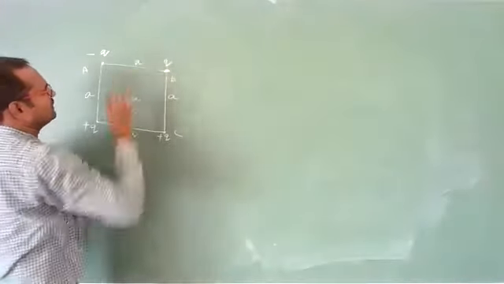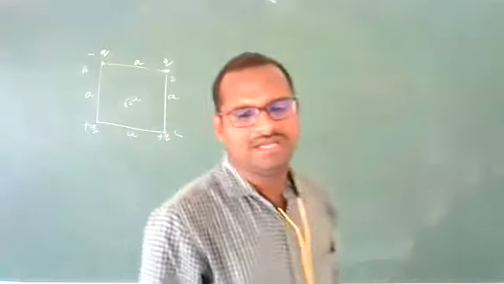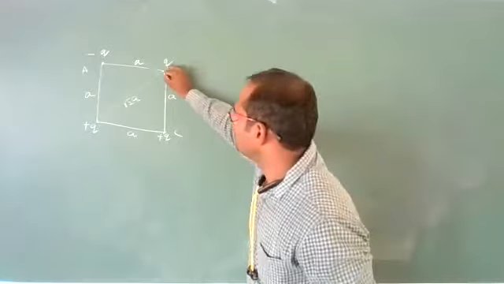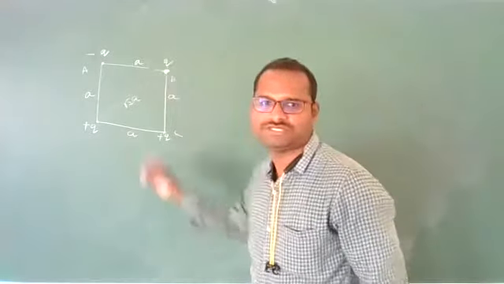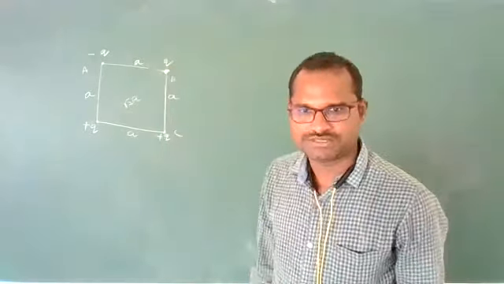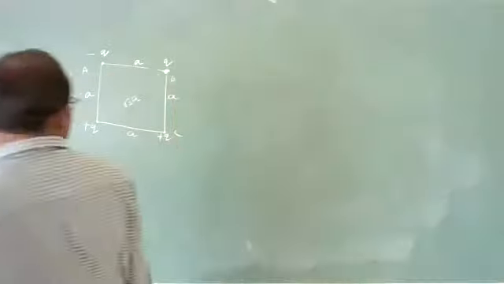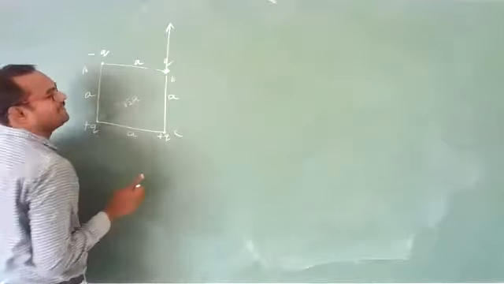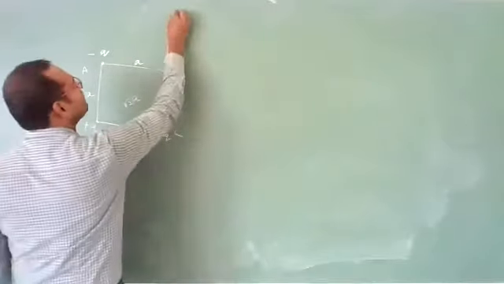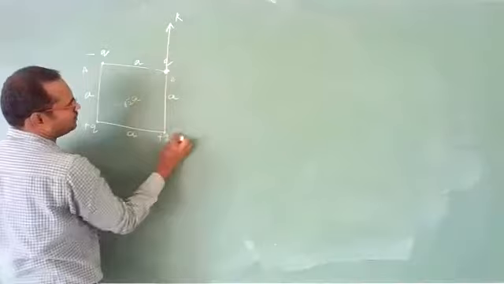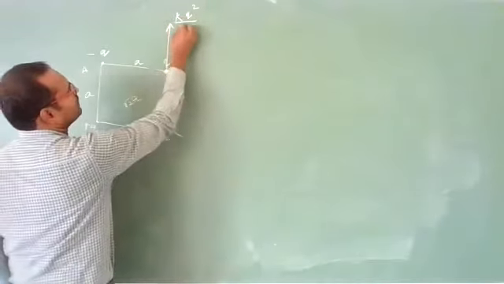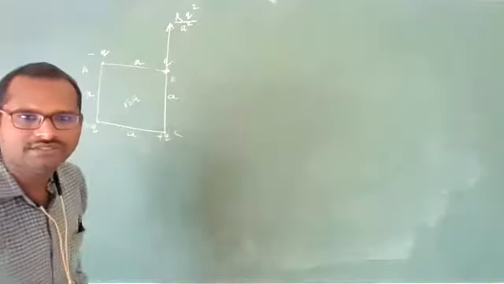This distance is a. Now how much force will be there on the charge at point B? On this charge, how much force is there due to all these remaining three charges? Again, same concept. Due to the charge at C, the force is repulsive, in this direction. The value is K Q1 Q2, meaning Q square by the distance between them, A square. I am writing it directly.